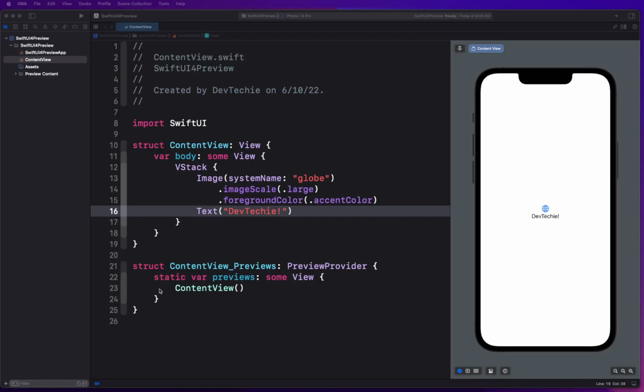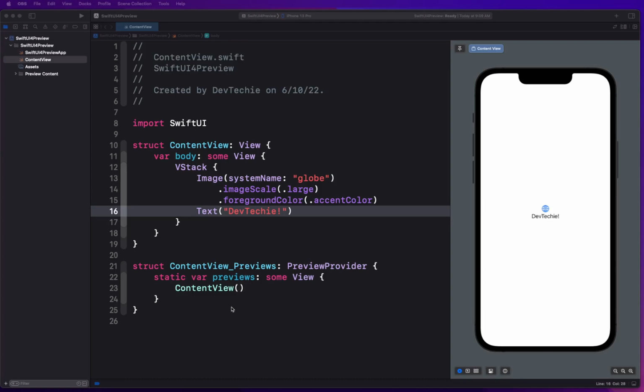Hello everyone, hope you all are doing great and welcome to this new video where we're going to be talking about SwiftUI 4 changes. This is the first video in the series of videos that we're going to be talking about, new things that have been brought into the SwiftUI world by Apple in WWDC 2022. So today we're going to be looking at charts, and in particular